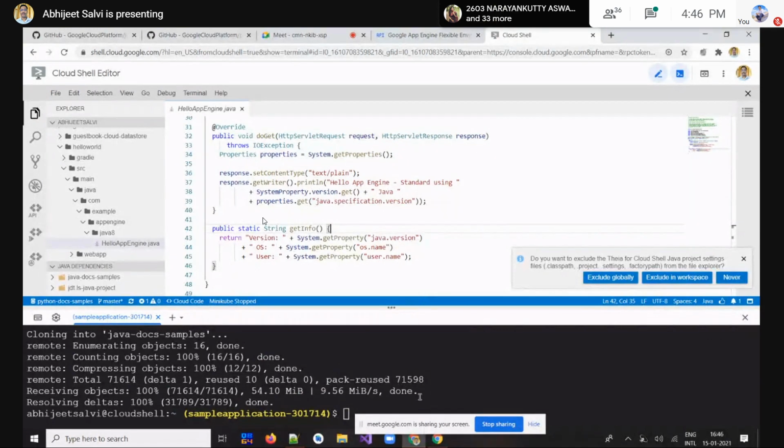For that we have to go through some commands once again to test our application. There are two commands. First command is mvn, that is Maven, and then clean.